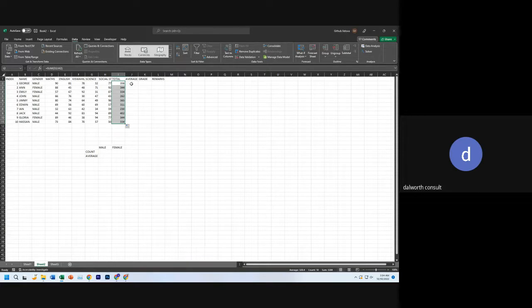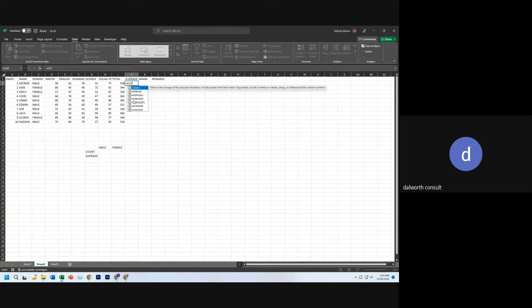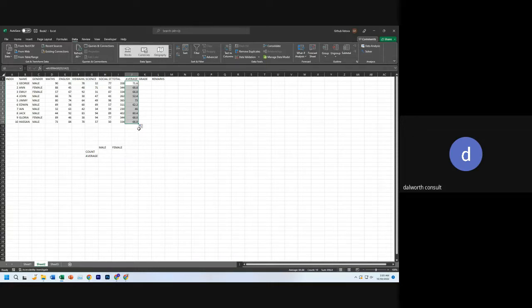Let's do for average. The function we use there is average. So equal average. And you're doing average of what? Again, average of all the subjects, because now the software must know how many subjects are there, because that will be the denominator. So I'll say average of maths all the way to social studies. If I press enter and autofill, I have the average marks,